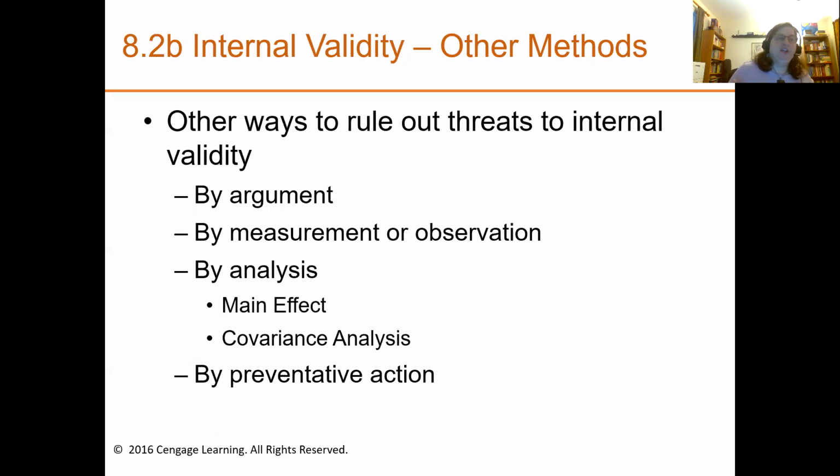We'll get to these again, but I do want to make sure you understand the basics of them right now. By measurement or observation, basically what that means is that you can actually observe what's going on that can threaten the internal validity